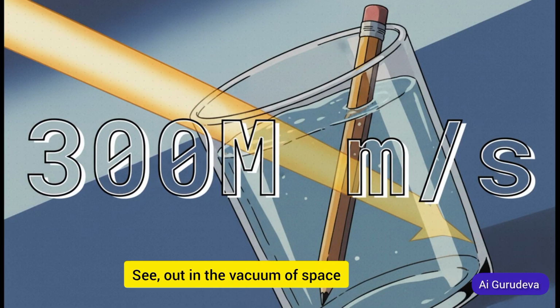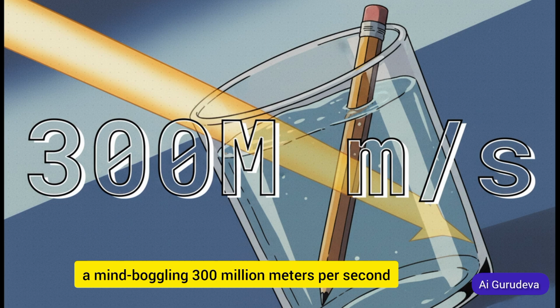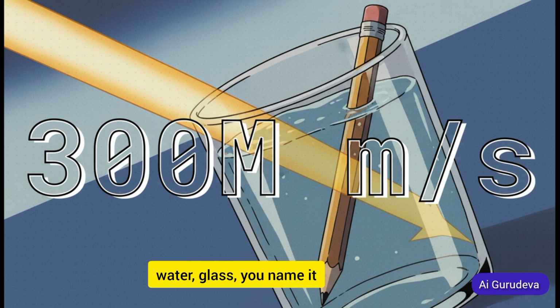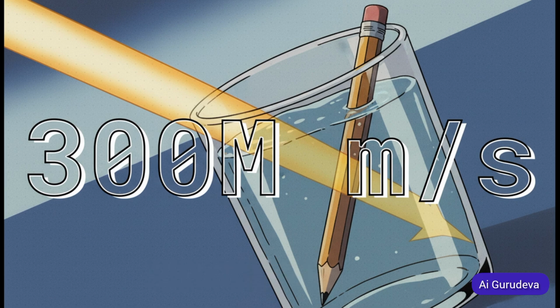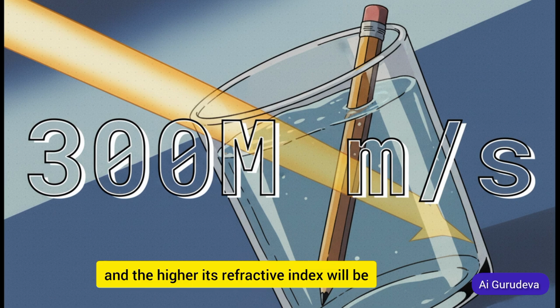See, out in the vacuum of space, light is just a speed demon. It travels at its absolute maximum speed, a mind-boggling 300 million meters per second. But the instant it hits any substance, air, water, glass, you name it, it's forced to slow down. And that slowing down is what causes the bending. The rule is simple. The more a material slows light down, the more it bends it, and the higher its